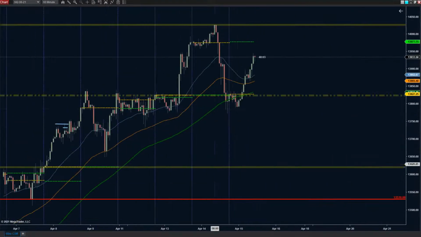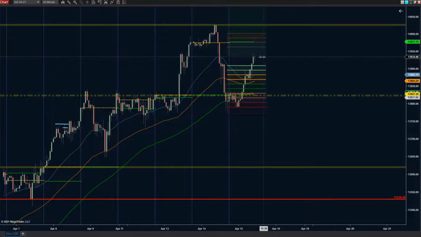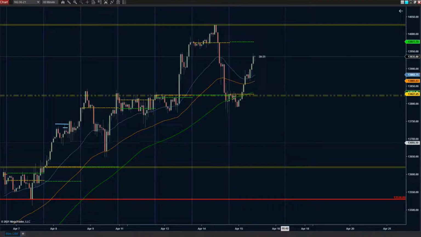Over on the 60-minute, nice pullback off of the top. Big flush to the downside, and then a V-bottom right back up. Typically, when we see these types of moves, this is either going to keep on going, and we're just not going to see a pullback at all, or we see that higher low pullback back to settlement. It would be like an L4, and that would be the continuation. But that's probably not going to be the only one if that ends up being the case. If it pulls back, we'll probably see something like this first. So bulls who are in this want to see this thing just keep on chugging.